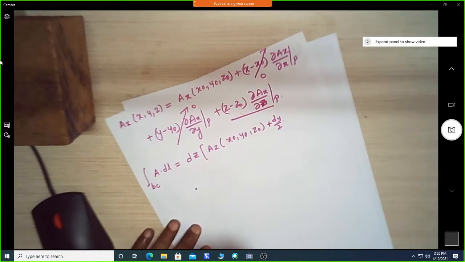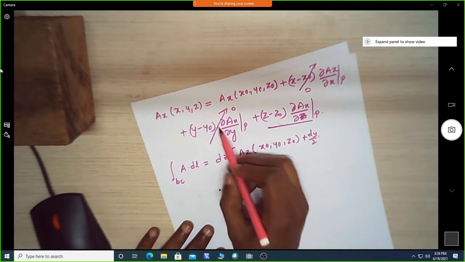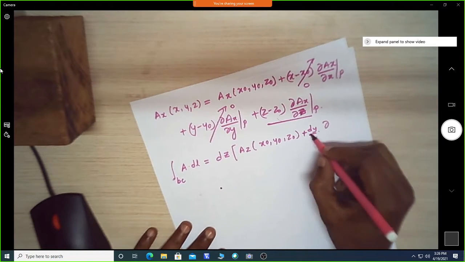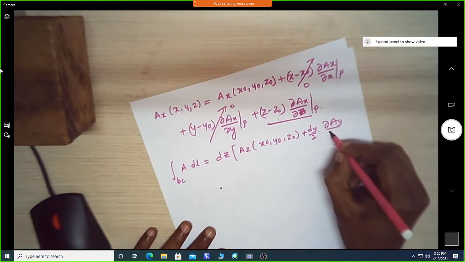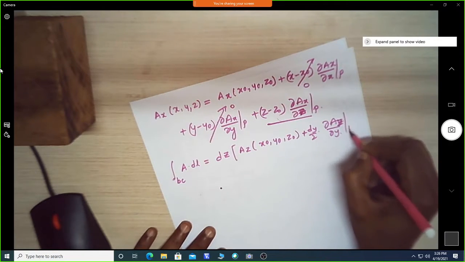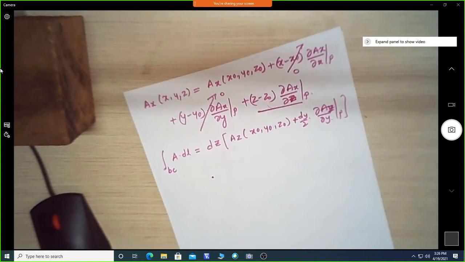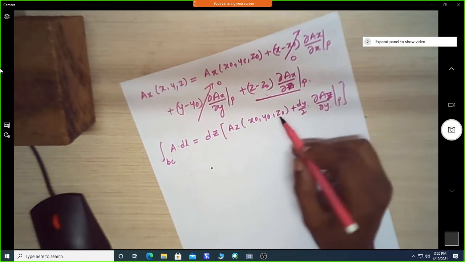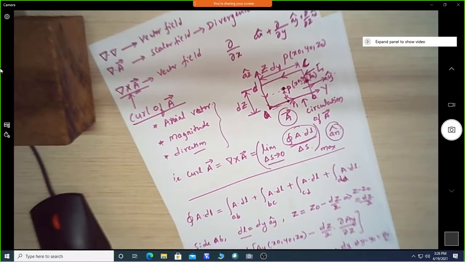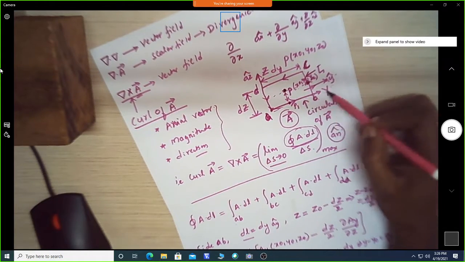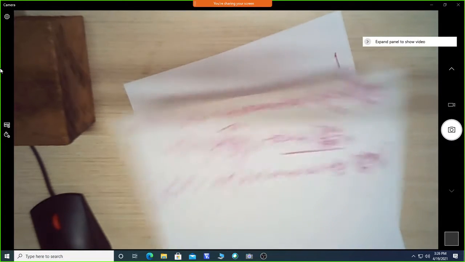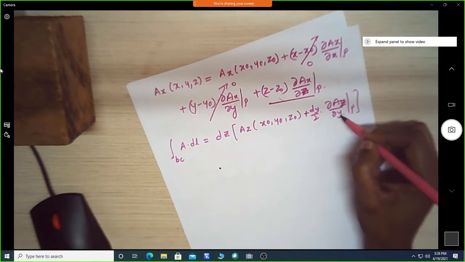So for this line integral, this term will exist and the other two will cancel each other. So we will get del az by del y at point P. This is for the line BC, and the earlier one was for line AB. Because the derivative of the y component is in the z direction, and here the z component is differentiated, so the derivative is the z component with respect to y.